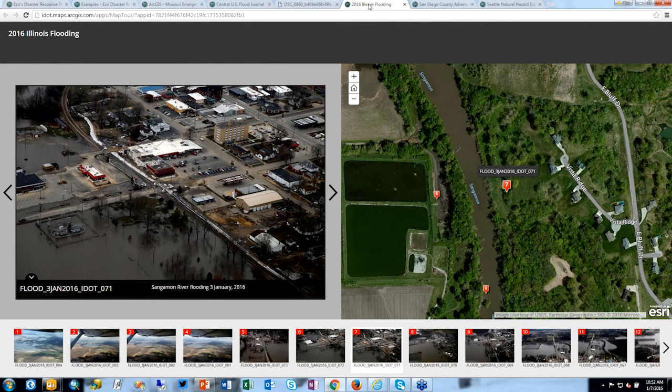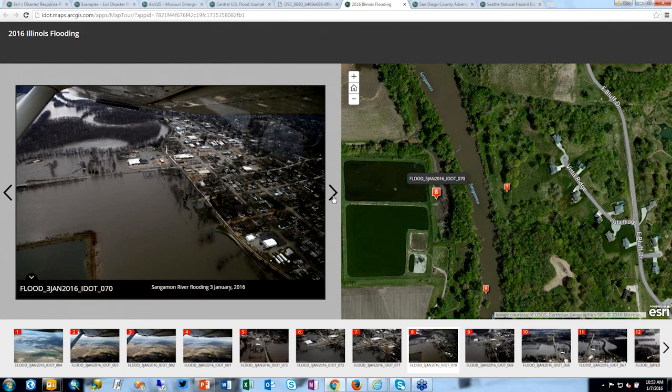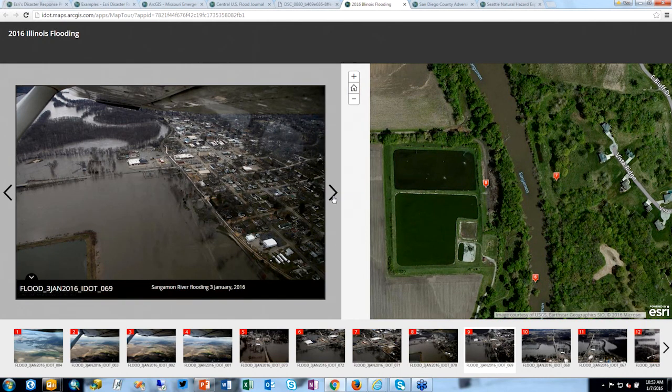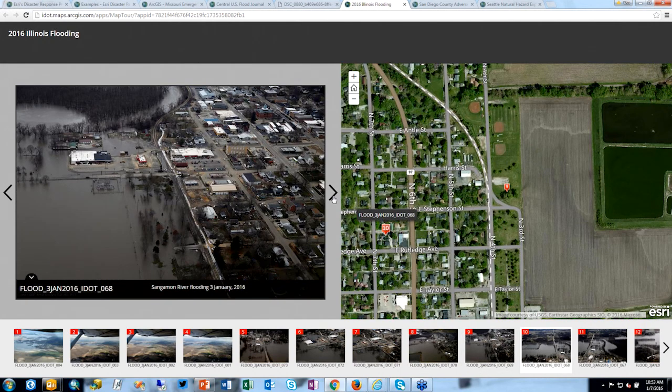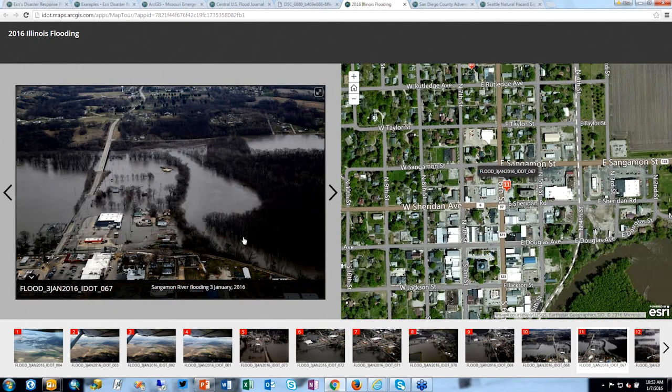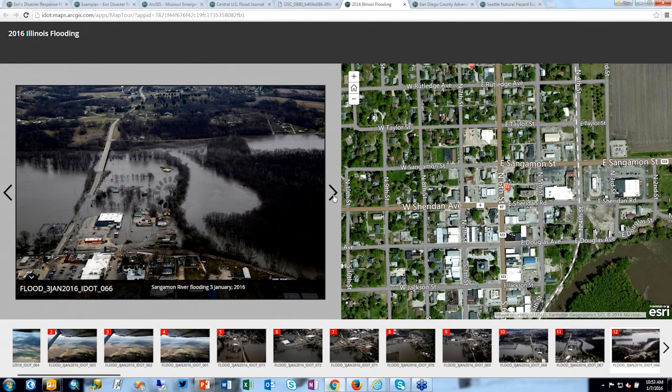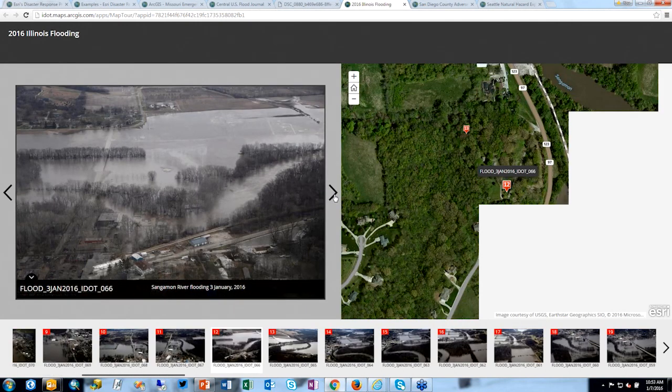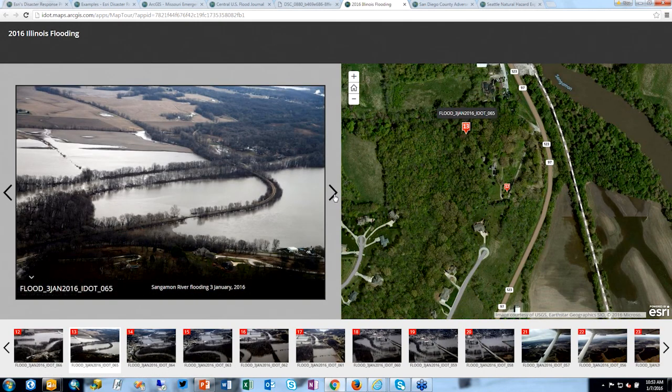This was forwarded to me last night from the Illinois Department of Transportation, and their use of the Story Map Tour to index photos that have been taken from airplanes and giving context where those are taken on the map through a Story Map tool. So again, recent information from just a couple of days ago is now accessible in this environment to be able to see this type of information and make this available quickly.